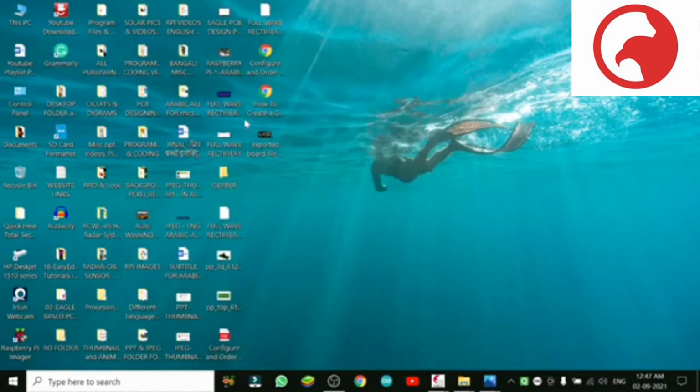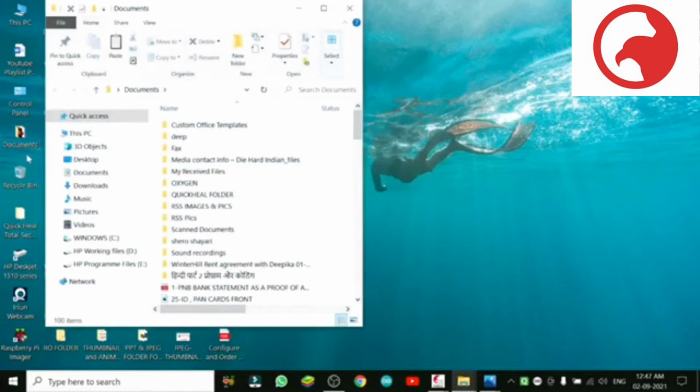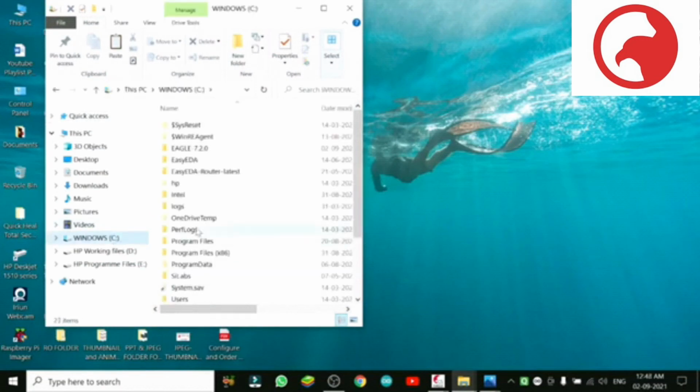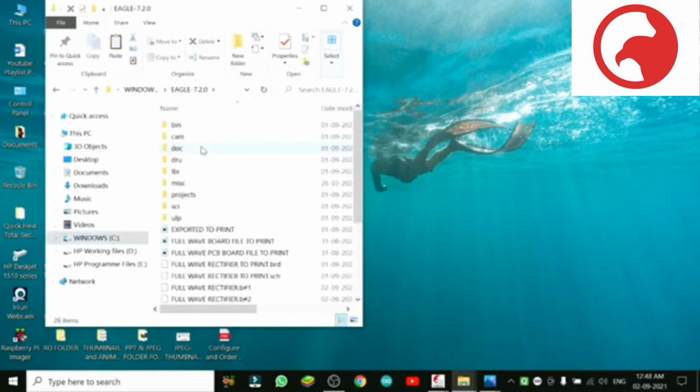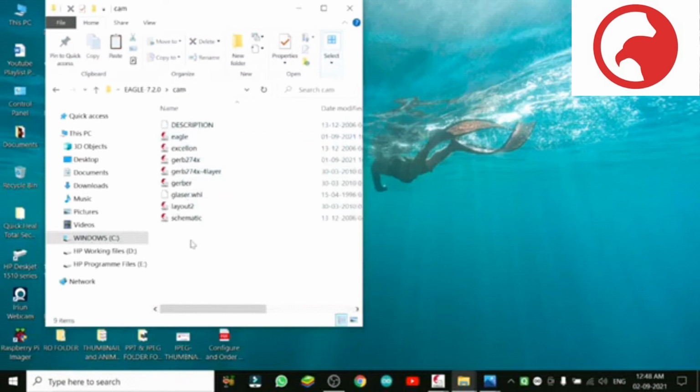This type of model we will come to afterwards. Now we will see where our Gerber file is saved. We'll check Windows, the Eagle folder, and here I think we will find it. Eagle, this Gerber, yeah, the Gerber file is there. No, but it should come in a zip file to send to any manufacturer. This is the Eagle. We have saved it so.